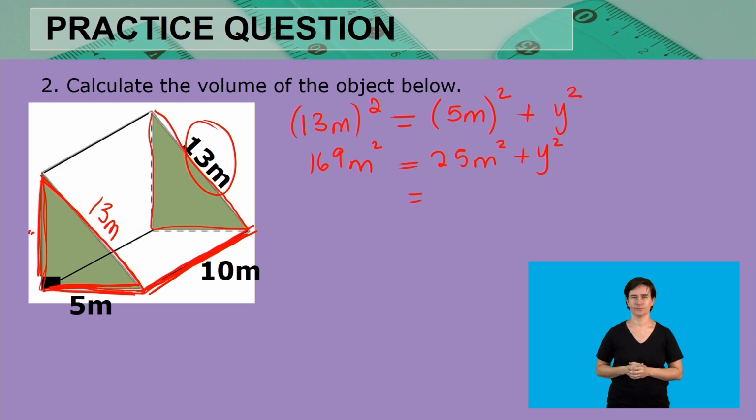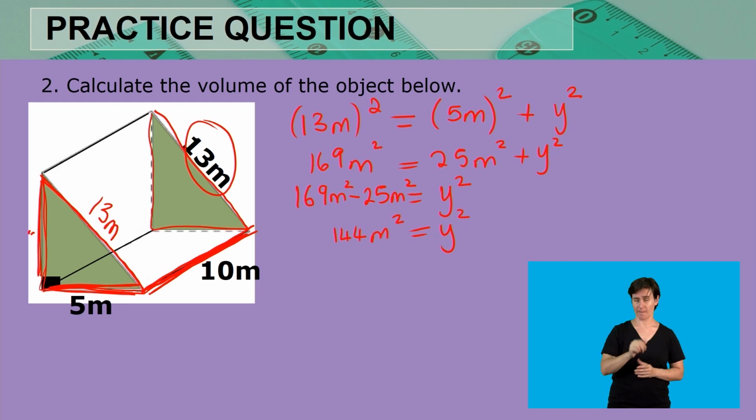For us to be able to work out our unknown value, we are going to subtract 25 meters squared on both sides. This means that on this side we are going to say 169 meters squared minus 25 meters squared. When we subtract 25 meters squared on the right hand side, we are going to be left with only the unknown value squared. Then 169 meters squared minus 25 meters squared will leave us with 144